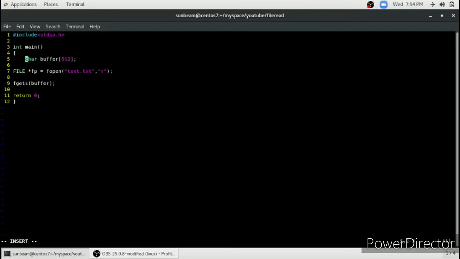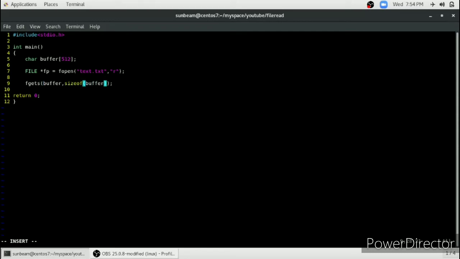We'll just give some indentation to make it look better. So fgets will read the string from this file text.txt. The first parameter is the buffer. The second parameter is how many bytes you have to read at a time. We will just give the size of the buffer here.